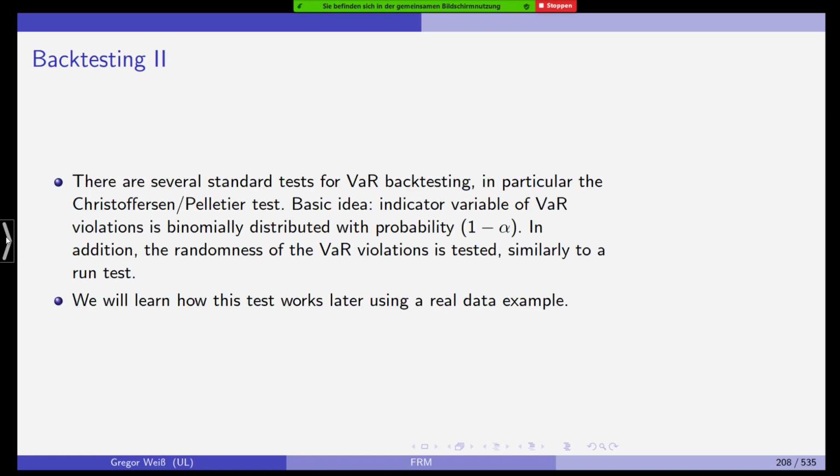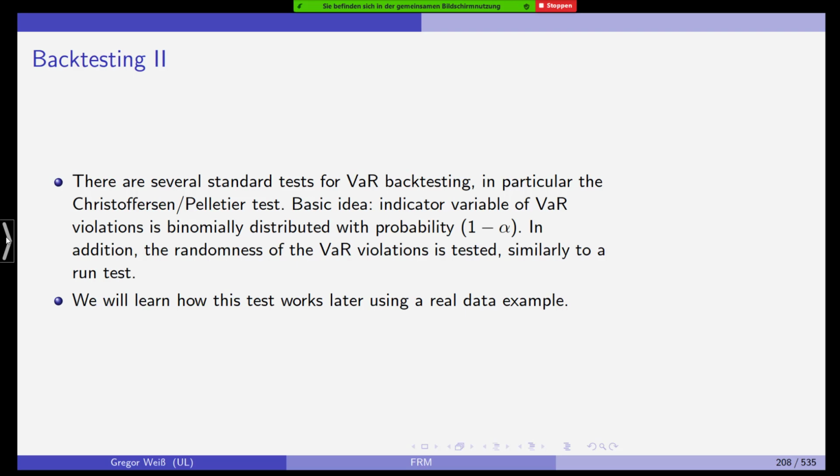Now for backtesting, there are a couple of standard tests. For example, it all started, I would say, with the Kupiec test by Paul Kupiec, who's, I think, an economist with the Federal Reserve System. And the Kupiec test is simply a very simple test that checks statistically for the correct number of VaR exceedances. The Christoffersen test